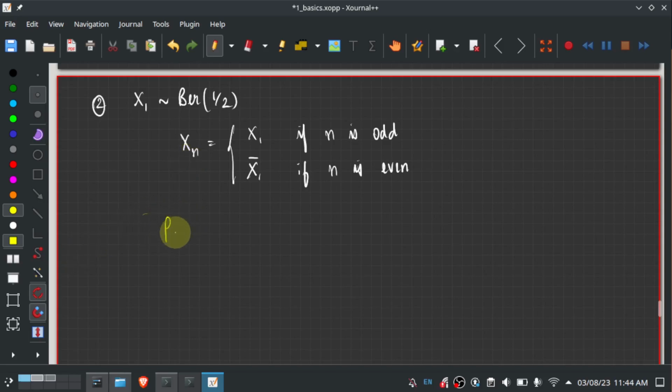So what is the probability that mod xn minus x is greater than epsilon? So if I take a small enough epsilon, does this quantity tend to 0 for any x? It doesn't.